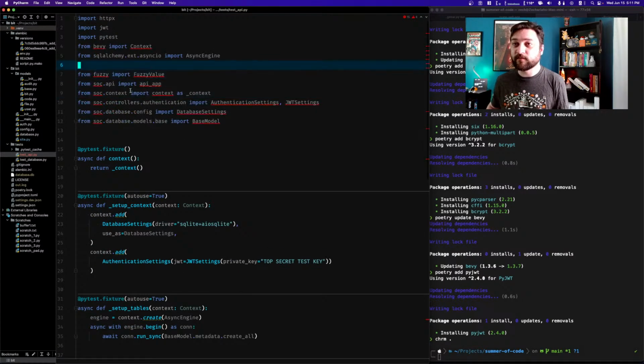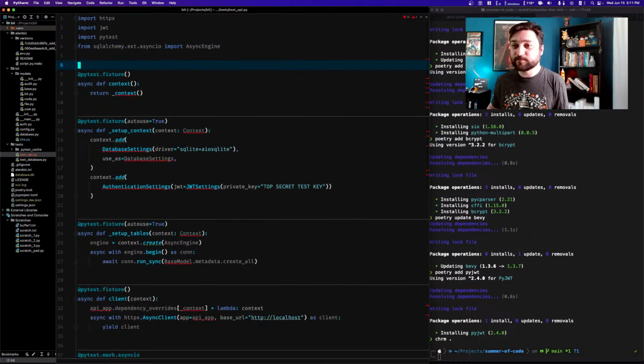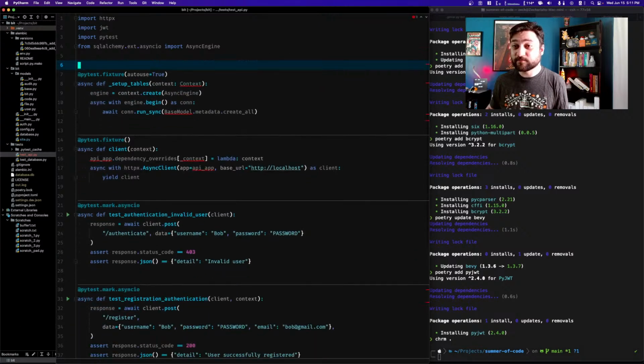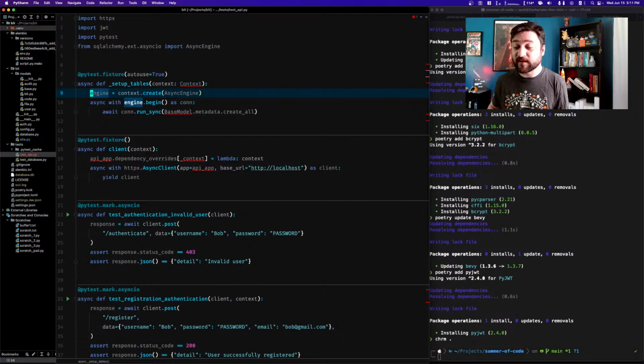Okay. And then we don't need this. We don't need that. Don't need any of that. Don't need that either. We do need this. This is going to be used to set up our database. And then we need this right here, and let's see, I'm trying to think, async. I think if I do async engine and then I have it return,